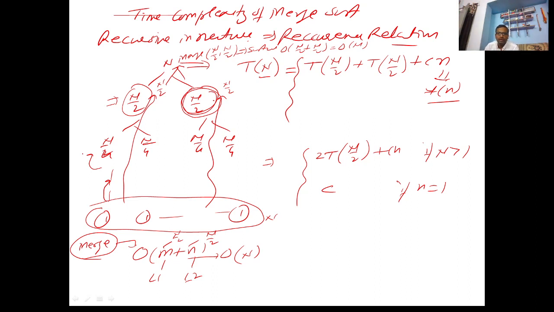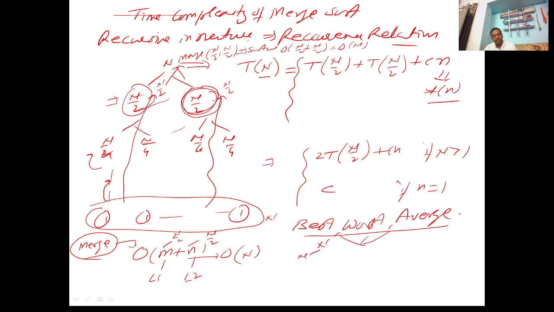Now let us try to reach the three complexities. One is the best case, second is the worst case, and third is the average case. So let us try to resolve them also. In case of merge sort, all these will take the same time and will have the same recurrence as given above. Why? Because irrespective of the nature of the list, merge sort has to follow its process.